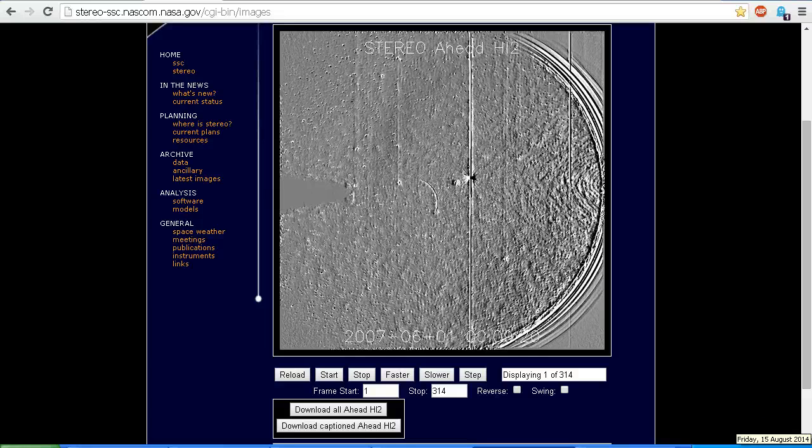Today is Friday the 15th of August 2014 and this is another look at the shield or wagon wheel object that everyone's been looking at in the STEREO Ahead HI2 camera. I've gone back to 2007, back to the 1st of June, which was another time when this apparition had appeared, and we're going to take a look at what happens as we run forward through the next 2 months,